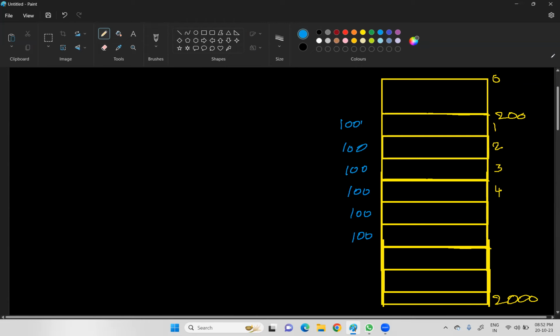Everything is 100 only. There is no difference in terms of page sizes here. Please consider this is also 100. So how many? 4, 5, 6, 7, 8, 9. 900 plus 200, so 1100. Let me make this one as 1100. Okay. Now,